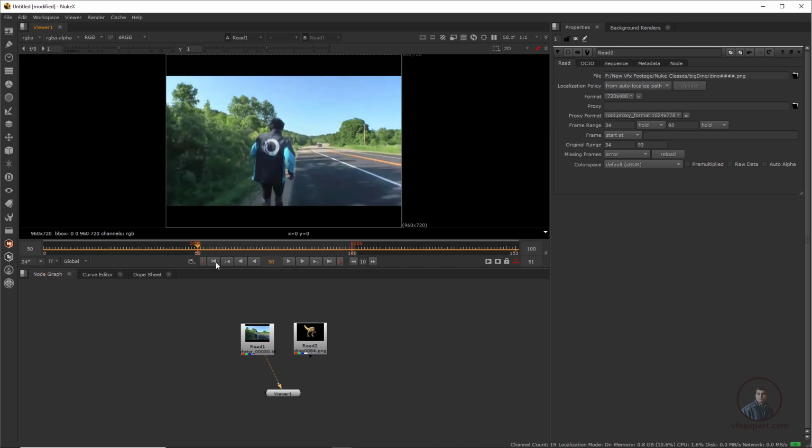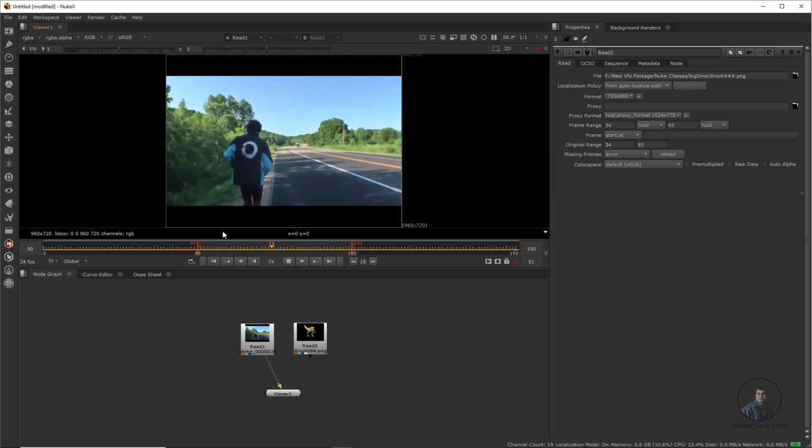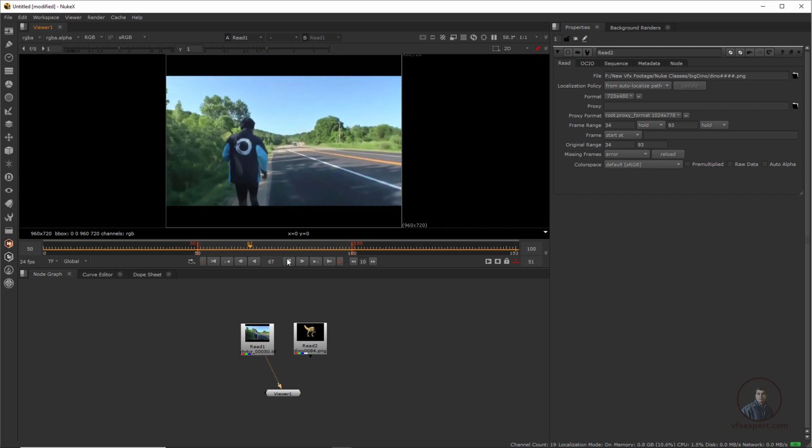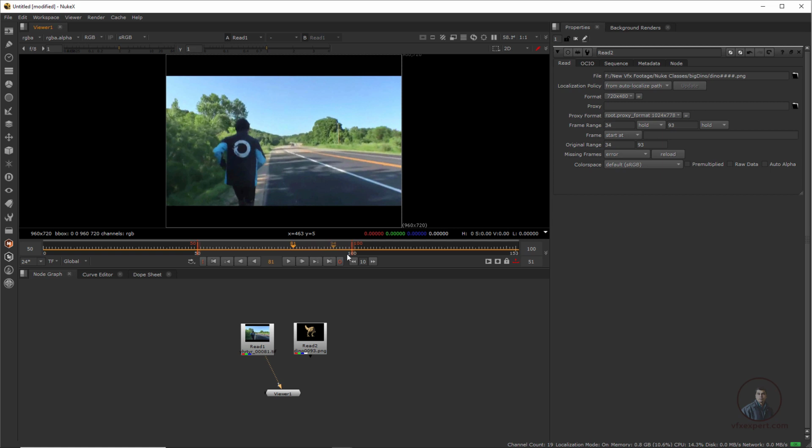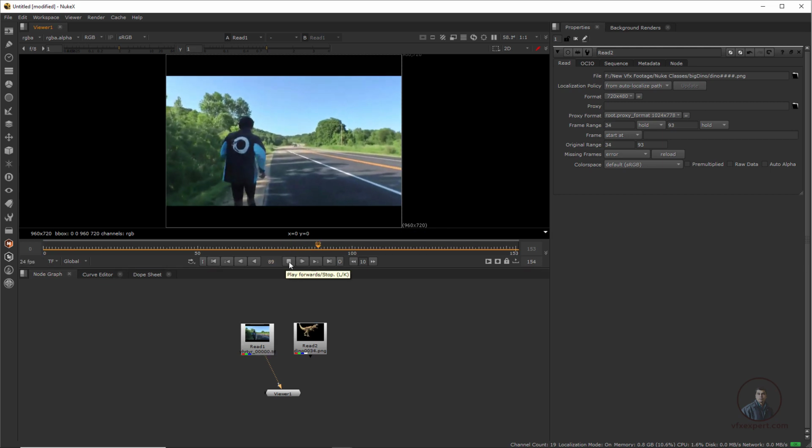Now if you play, this will play the video only inside this time range, this frame range. Like this, you can define your range, play your video and check. Then after this, suppose you want to clear this range, simply click on this option. This will clear your defined work area or range here. Now you can play your entire timeline here.